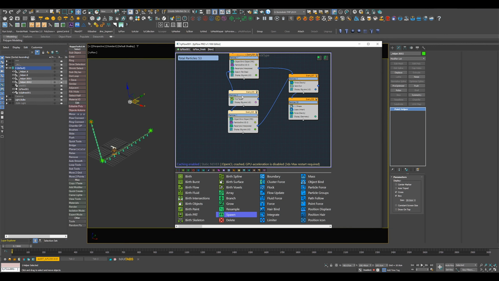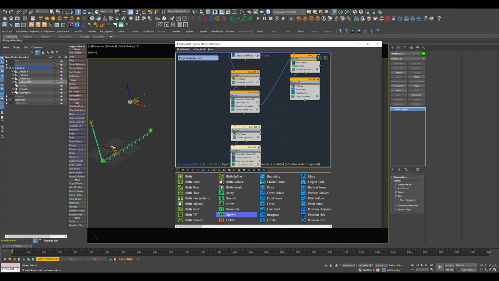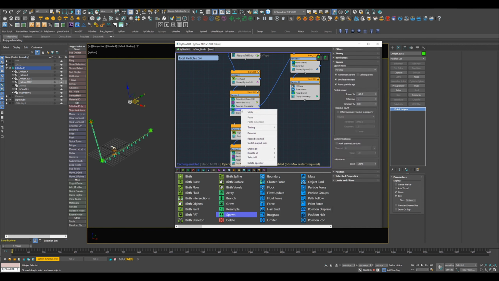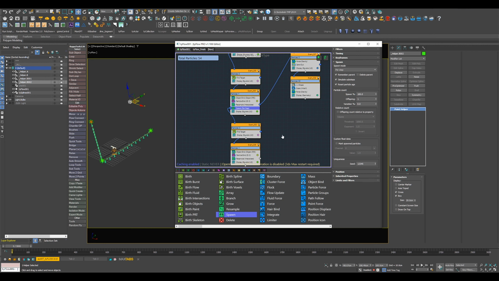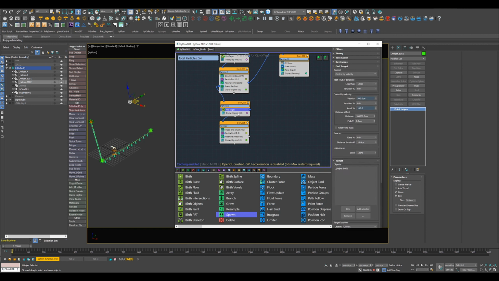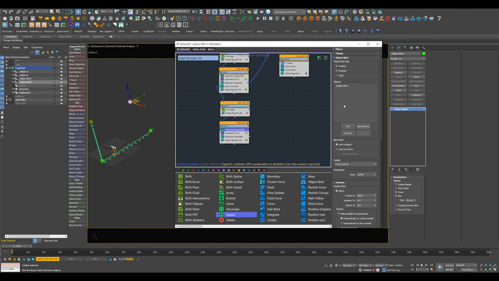Now we go and copy these two again. So copy, paste, move it down. Underneath of the resample, we go and spawn a new particle. Right click, switch output. Link this output to that new event you copied. Make sure the new target is the new object, and also our object bind should be the new one,